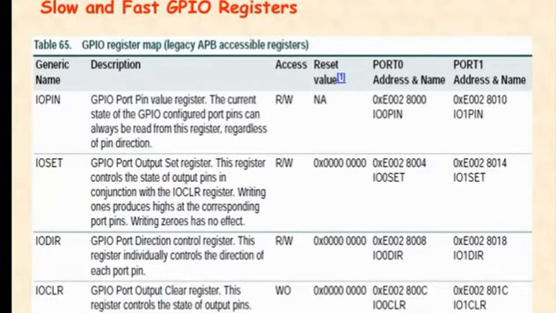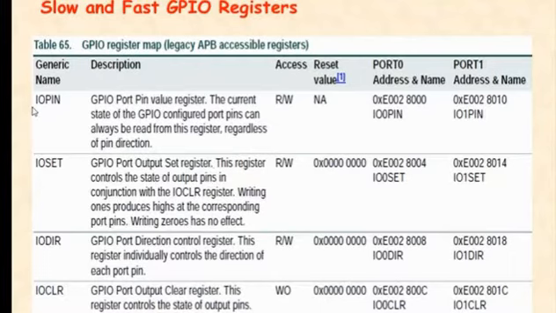If you understand these 4 registers, you can write any basic code for ARM, like whatever you did yesterday: LED blinking, input sensing, buzzer operate, relay operate, LCD operate. So for that you have to understand these 4 registers. I will explain these 4 registers.